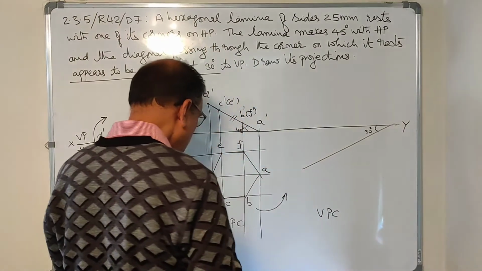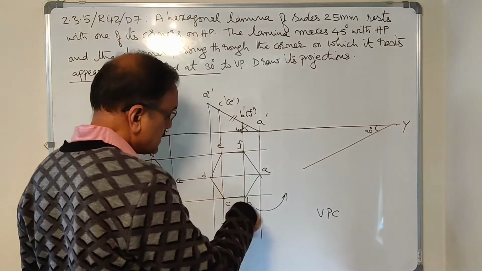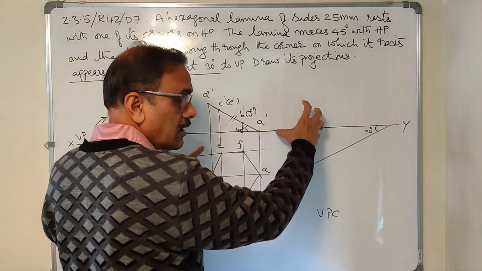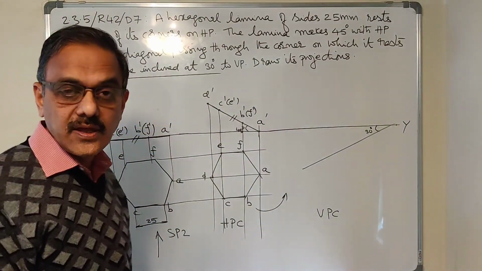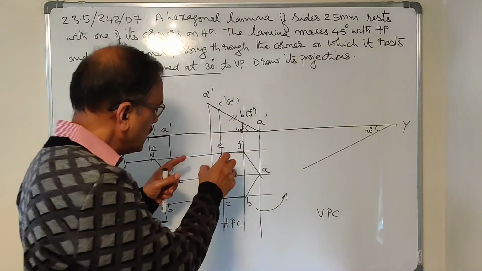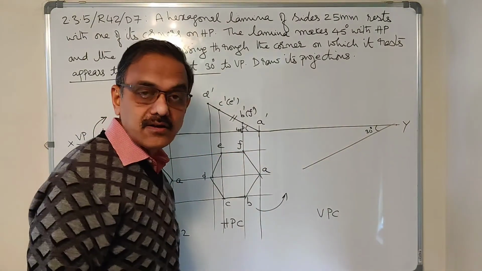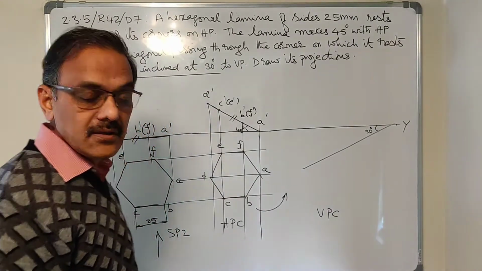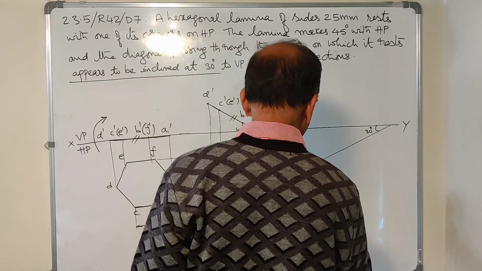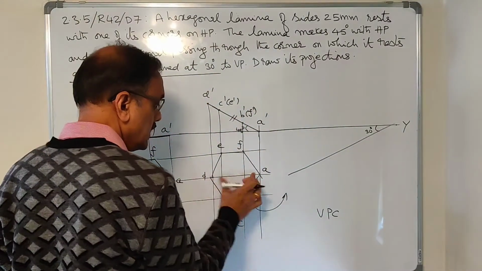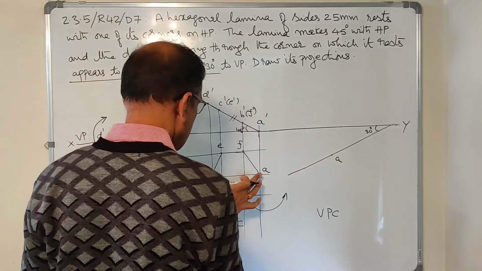And when you are placing this on this line, make sure that once this is constructed there, none of the corners or edges touches XY. You have to make sure of that. Any corner, this E and F, corner or edge, shouldn't go and touch XY, or it shouldn't interfere with XY. So take some gap while placing AD on XY, on this edge. This AD. Okay, I'll place it somewhere here. A. This length.